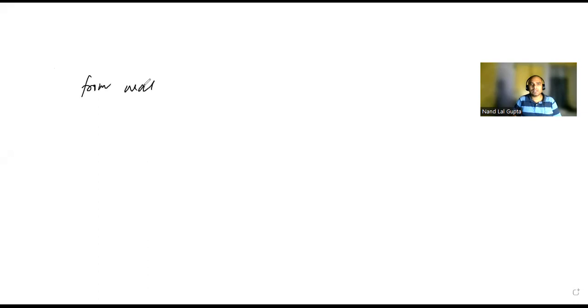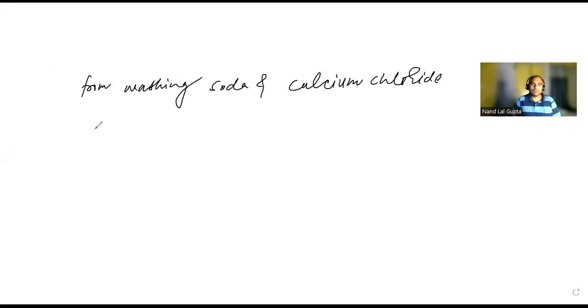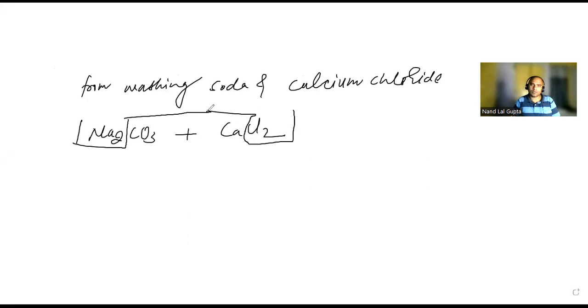From washing soda and calcium chloride. This is there. So if you are talking about this one, washing soda is Na2CO3 plus calcium chloride is CaCl2. Here is sodium, and here Cl is getting out. So the side product that is formed is 2NaCl, and what other compound is going to